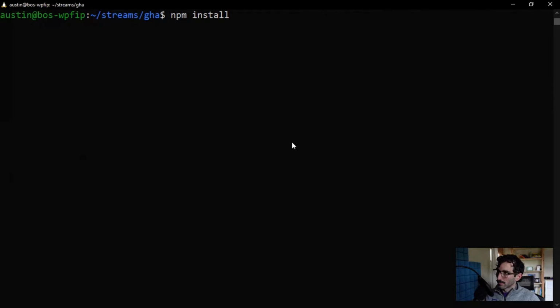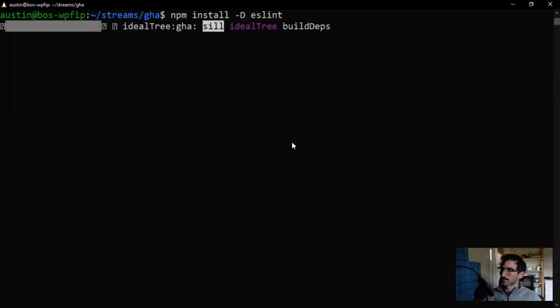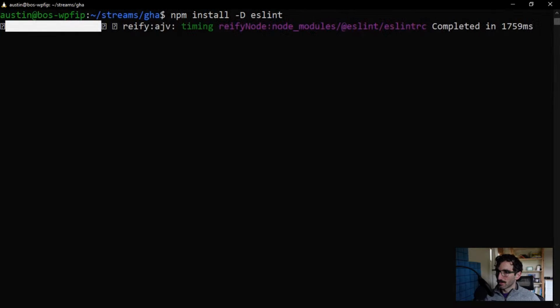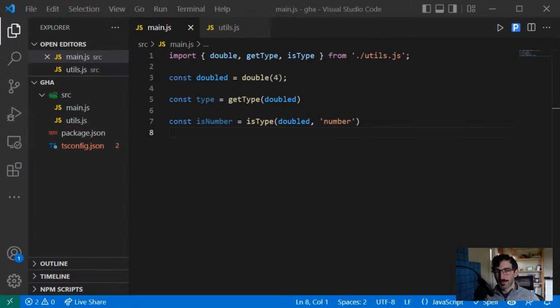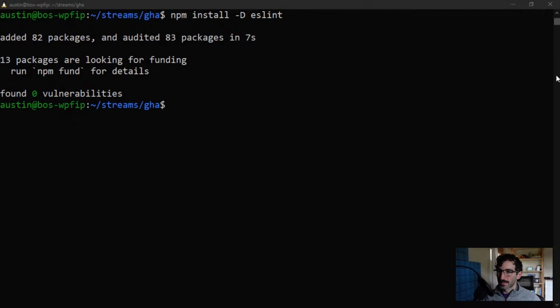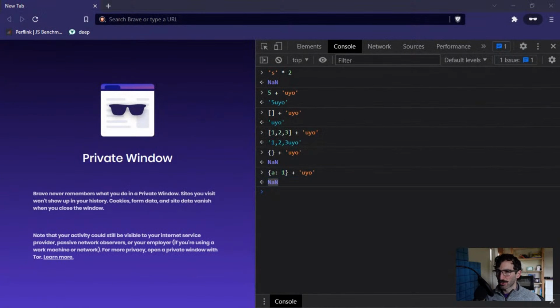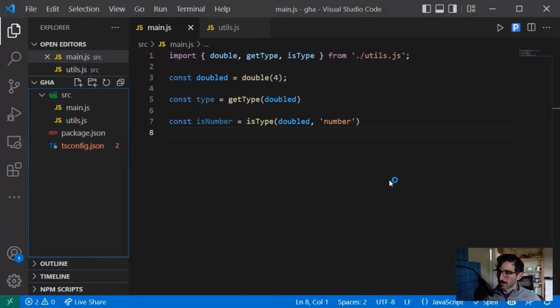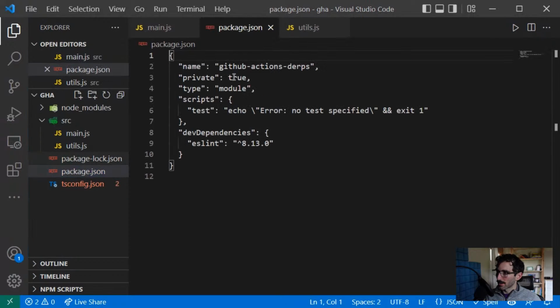actually, npm install a dev dependency, and we're going to install Eslint. And what Eslint does is it will do that same thing that TypeScript does, where it gives us little red squigglies when we're doing something wrong. But instead of being super strict about things that are functionally incorrect, it's going to tell us things that are stylistically incorrect. So with that installed, I think what we can do is go to our package.json,